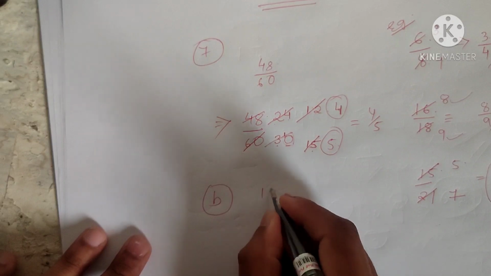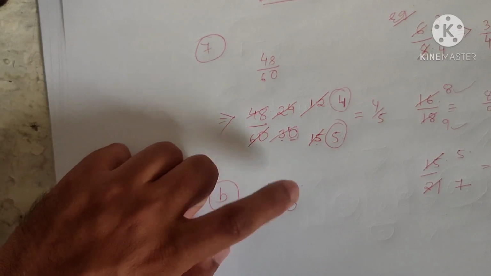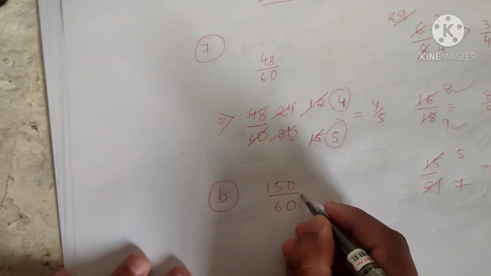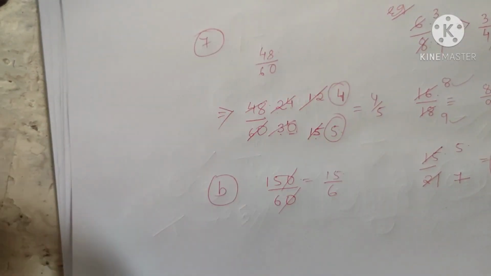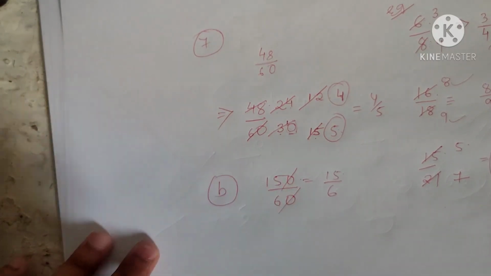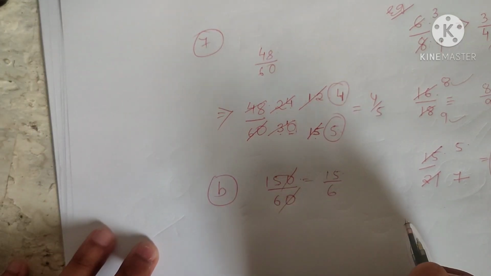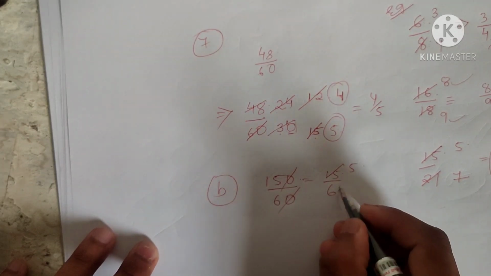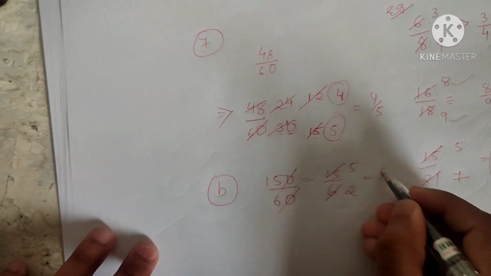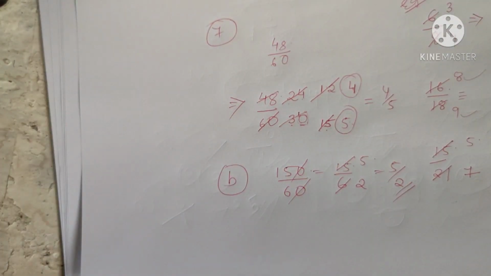Okay, now see, number B is 150 by 60. So when in the numerator and denominator, if 0 is there, okay, both zeros are there, you can cancel them out. 0 and 0 will cancel each other, and then remaining is 15 by 6. Okay, since we cancelled both 0 and 0, only 15 by 6 is remaining. So if you see both these numbers, they are divisible by 3, isn't it? So 3 5s are 15, 3 2s are 6, isn't it? So 5 by 2 is your final answer. Okay, 3 5s are 15, 3 2s are 6. So in this way you have to reduce the given number. Any other number is given. Okay,